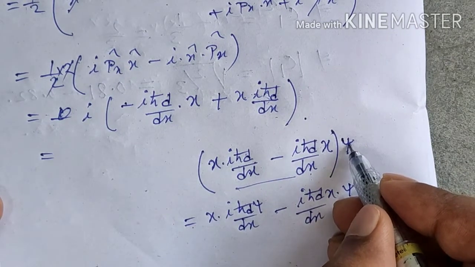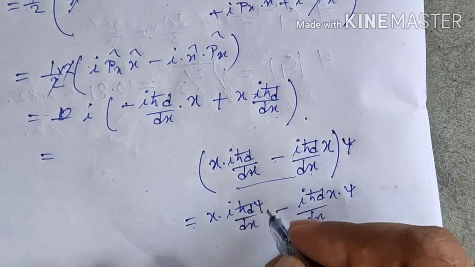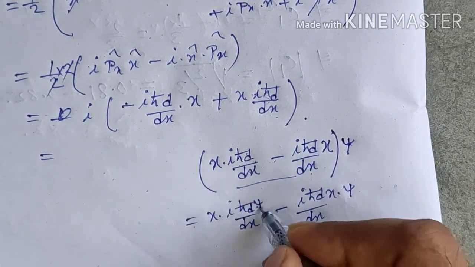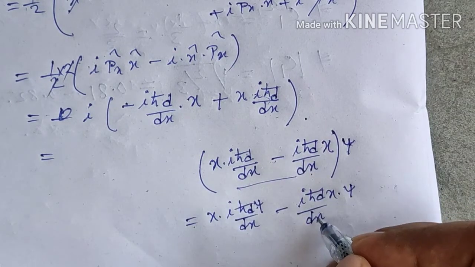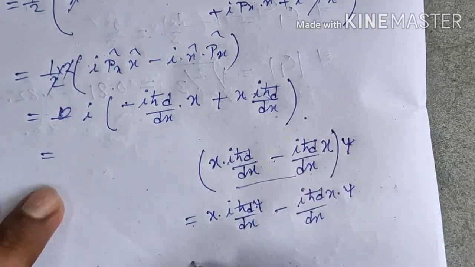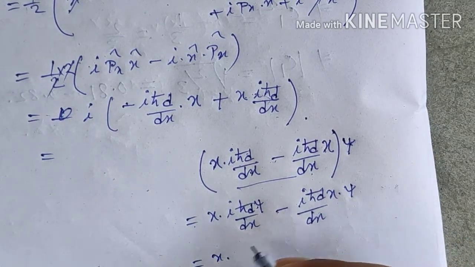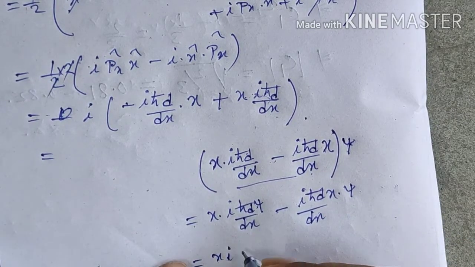Bringing this psi within the bracket, it is IH cross ddx into psi minus IH cross ddx into x into psi. If we calculate this derivative, then it will be